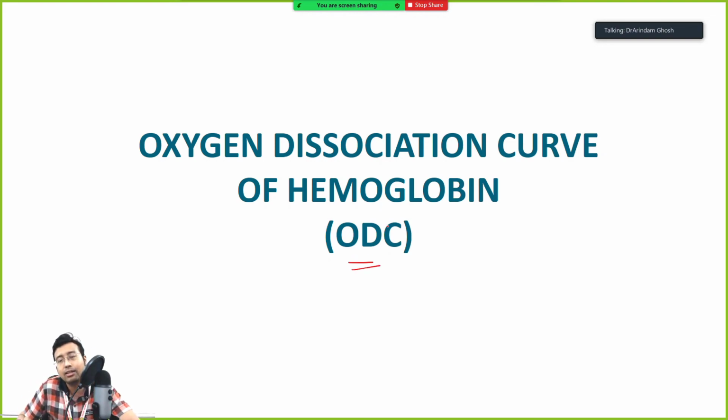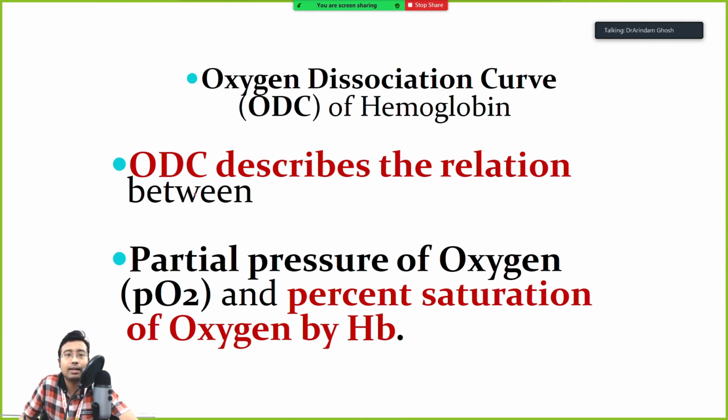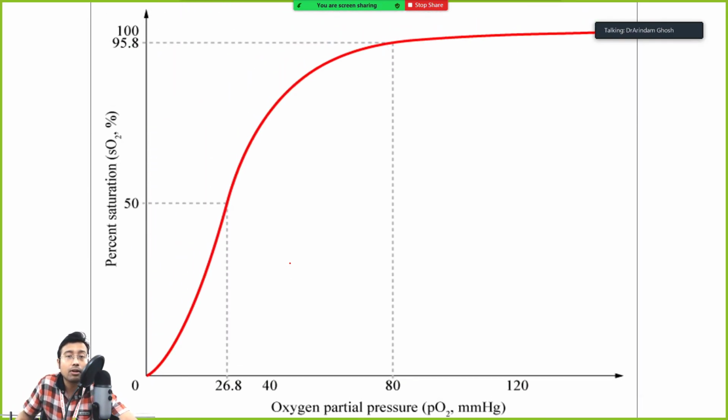Now this is much easier. You have already read the oxygen dissociation curve in physiology, so it will be much easier for us to understand. So this is the typical oxygen dissociation curve. Okay, it is a sigmoid shaped curve, right? Basically, the ODC describes the relation between partial pressure of oxygen and percentage saturation of hemoglobin. Very important. What is there on the x-axis and y-axis? On the x-axis there is partial pressure of oxygen, and on the y-axis, the ordinate, there is percentage saturation of hemoglobin. Remember, they are different.